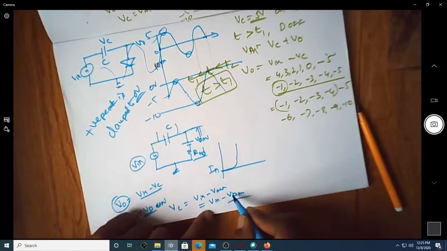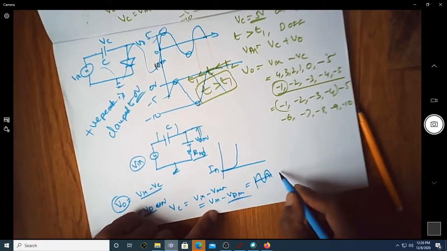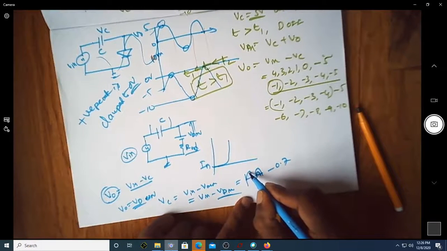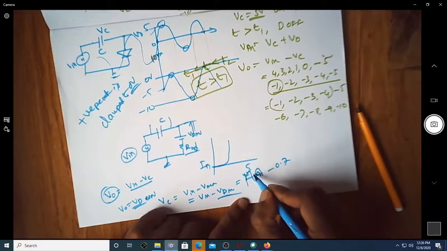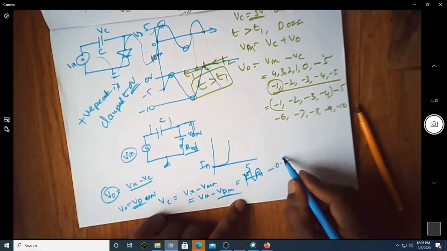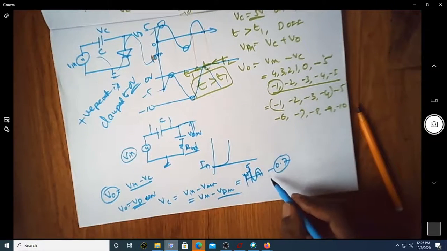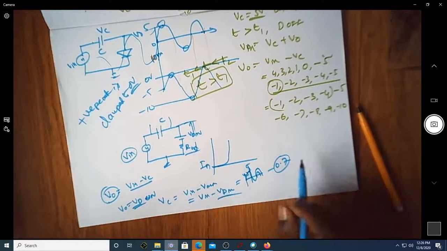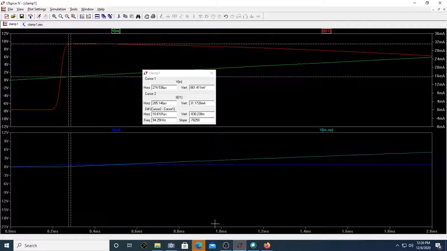We know that V in is a sinusoidal waveform, and Vd on is 0.7 or so. Suppose the input voltage is 5, because the input voltage can be 4, 3, 2, 1, and of course it can keep on going down. As long as that is happening for this first half cycle, can you see the capacitor voltage is always less than the input voltage by 0.6 or 0.7 volts. That's what you can see in the first quarter of the cycle.